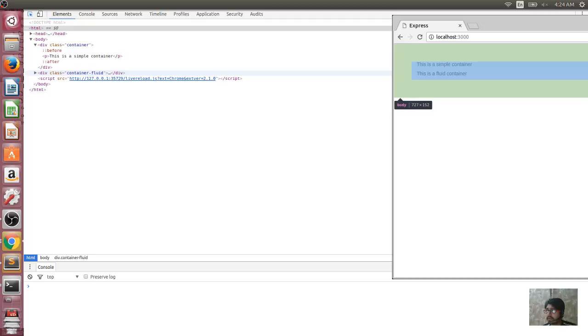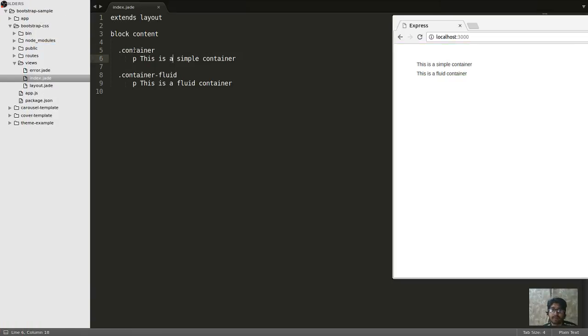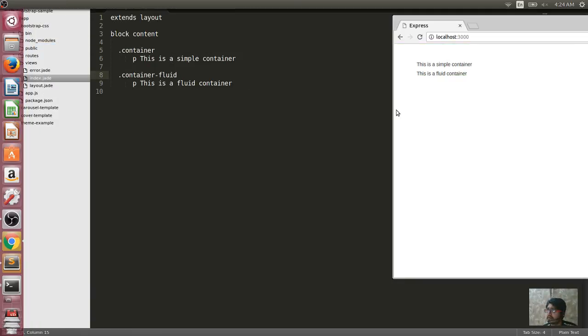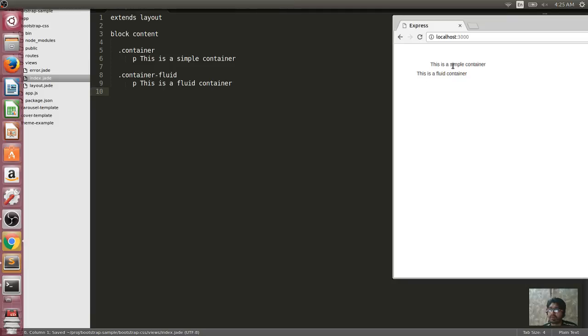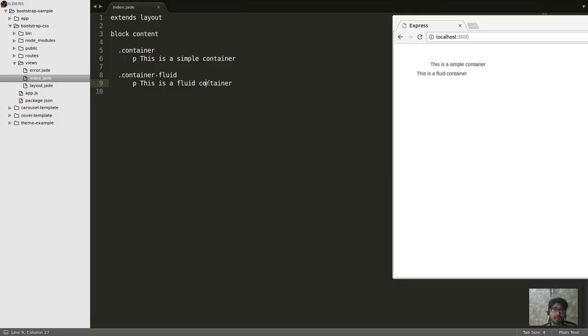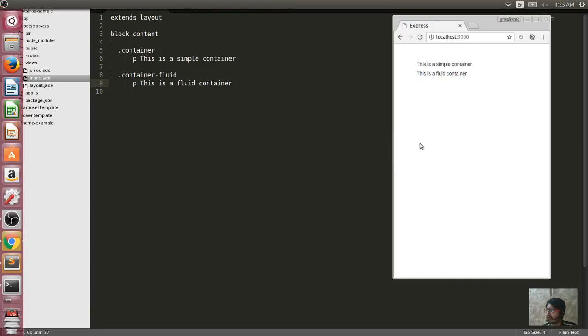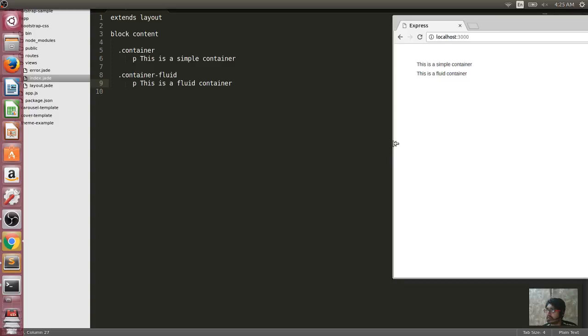For this simple implementation, there is no difference. We can scale it a little more and see if we get a difference. Here it looks like we got the difference. In small screens there is no difference, but when we actually extend it,